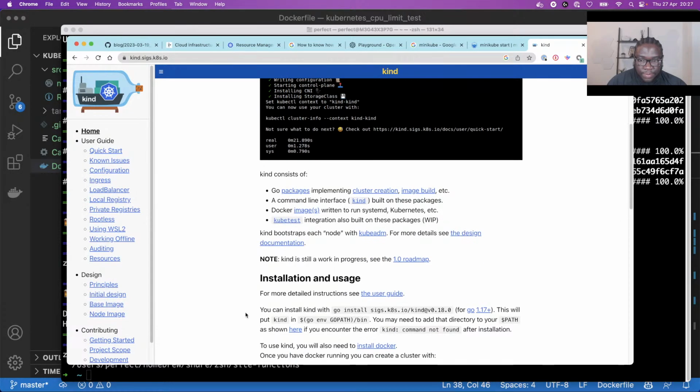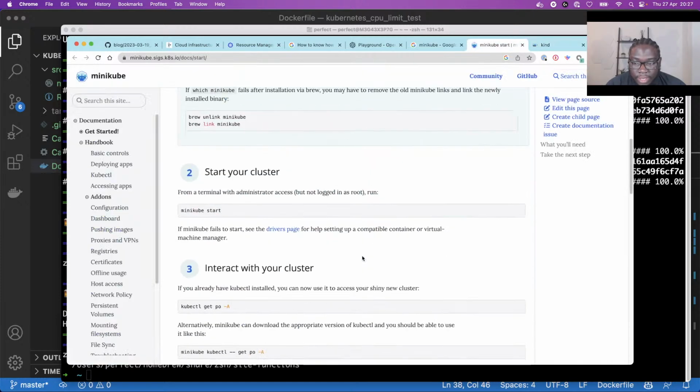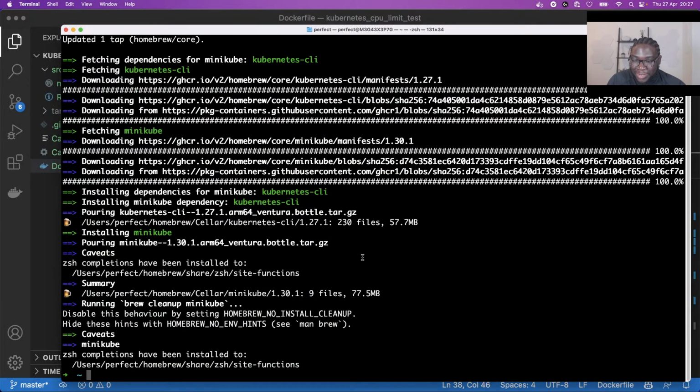Where's the installation? It just says you can install kind with Go. This will put kind in your env. Okay, and then to use kind, you also need to install Docker. Hold on. Let me just see if Minikube works. So if I do Minikube